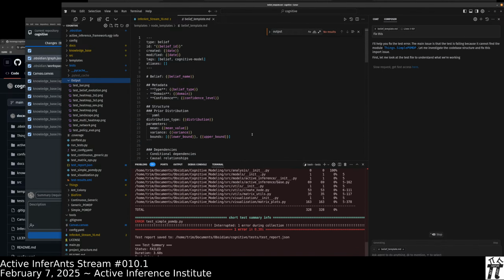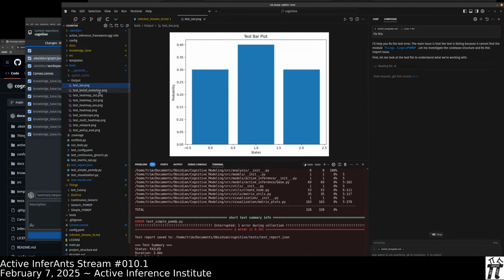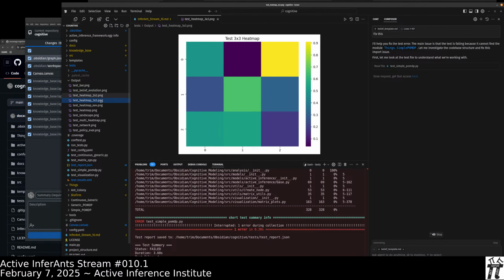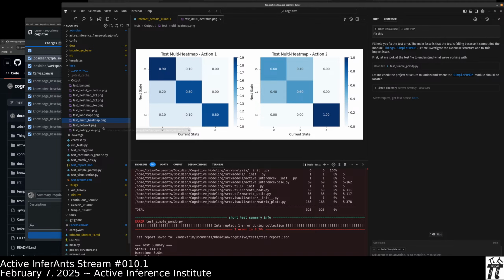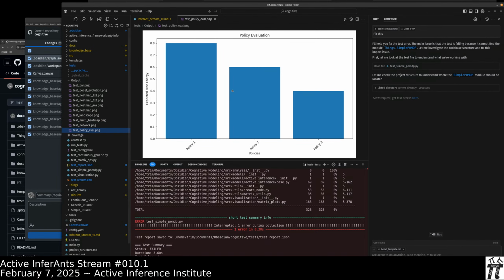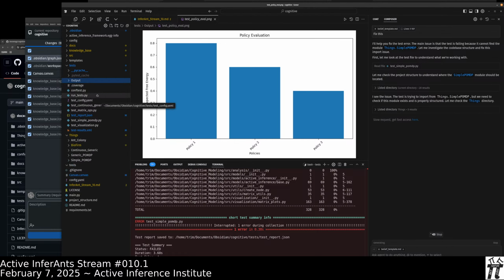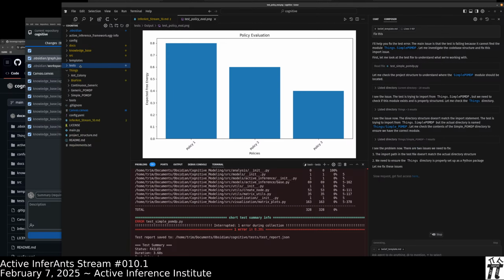So these are some package level tests, just doing some matrix visualizations, different kinds of simple visualizations and analyses. So not super complex, but the testing framework is actually slightly more complex than that, so it can be used in a variety of ways.